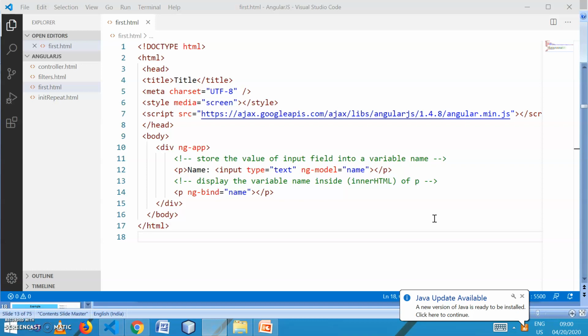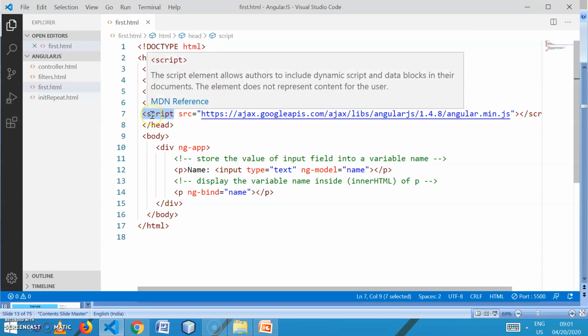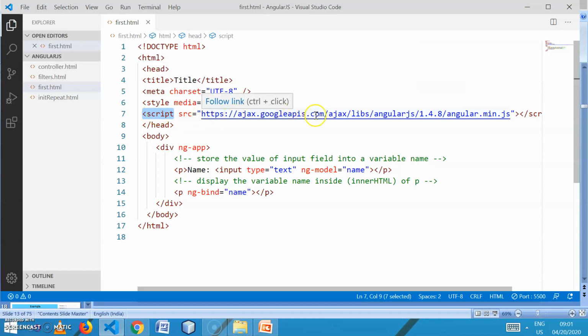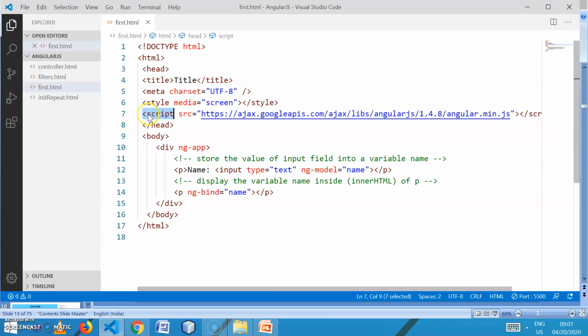As we learned in the last session, we can install AngularJS either by downloading the angular.js file, or we can go with the CDN option. Here in this example I am going with the CDN option. This is the HTML file. Inside the HTML file, in the head, I am including that URL as a script. This URL is for AngularJS. The functionality of AngularJS I can use from this line number 7.